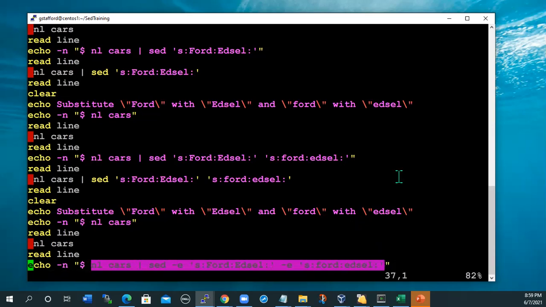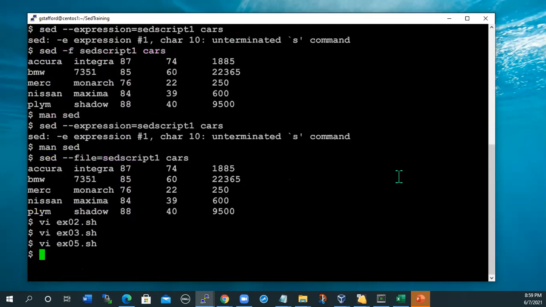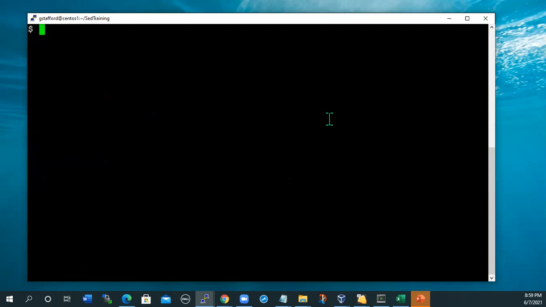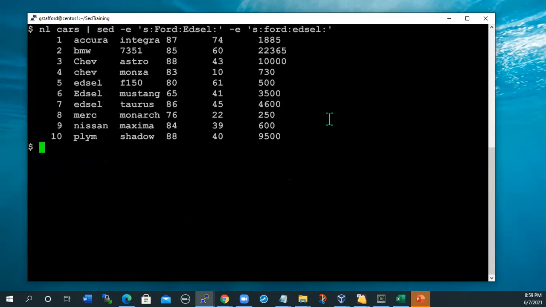Good. So we're familiar with this, which allowed us to do the necessary changes. With the expression, the way that would work